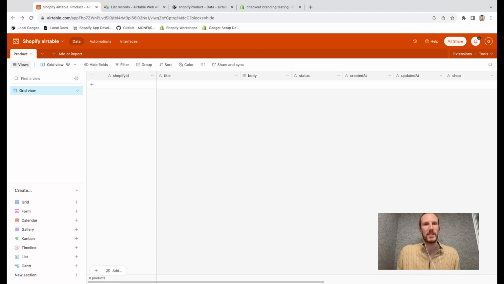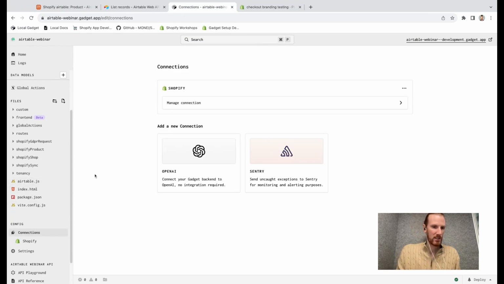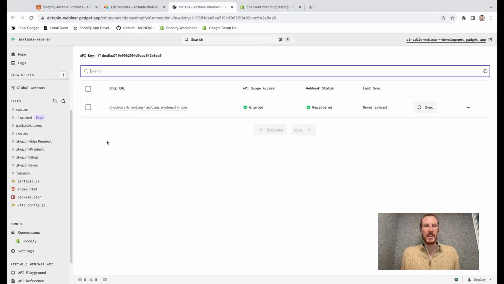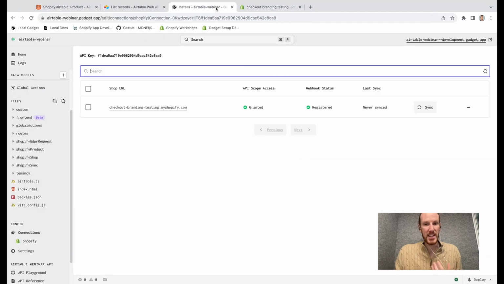The next piece, this is a one-way data flow. It's pretty simplistic. You can modify fields as you want. The other piece of Gadget, this is just dealing with webhooks. I haven't gone through a data sync yet. So as I mentioned before, Airtable does have a rate limit of approximately, and this one I know is 5 requests per second. So if I'm doing a data sync